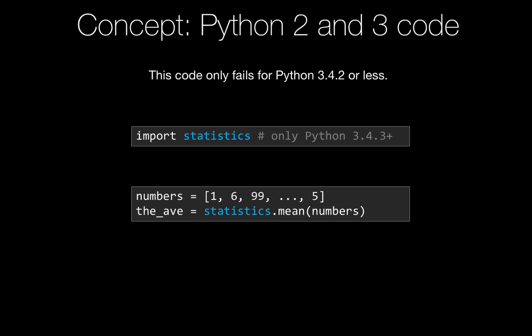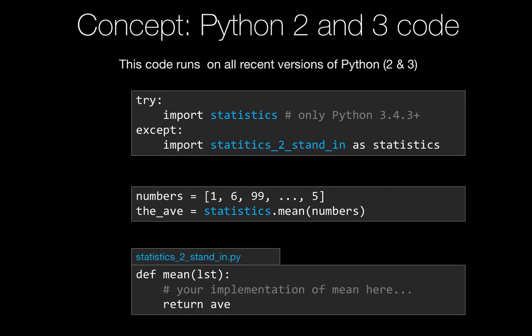If we have it, it's a super easy way to compute the mean of a set of numbers. You can see below, got a bunch of numbers, statistics.mean, numbers, boom, out comes the average. But it fails on a lot of the versions of Python. So what do we do? One way we can solve this problem is we can use a try and just an empty except. There are possible problems you could expose yourself to here, but in this simple case, it definitely works well.